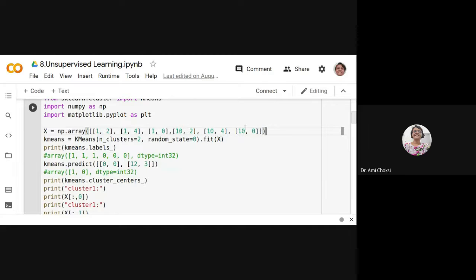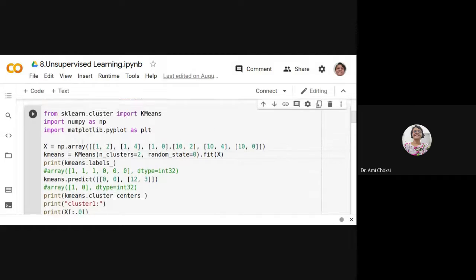Now, what we are doing is we are making the object of our k-means. How we make that? That is kmeans equal to KMeans. Now, what is this KMeans? This KMeans is what we have imported from sklearn.cluster. So now here what we are specifying is n_clusters equal to 2.